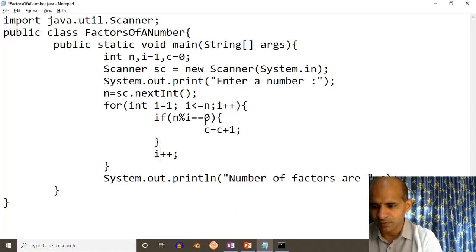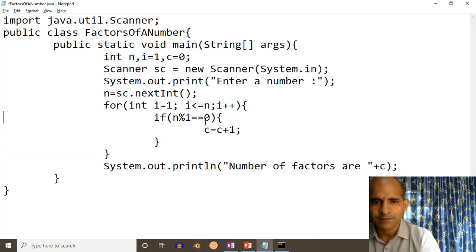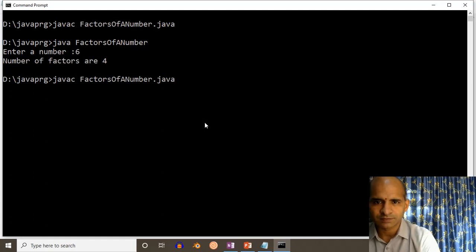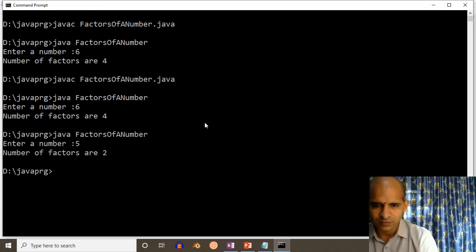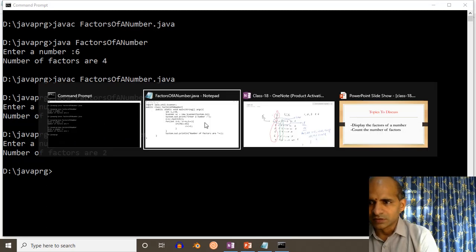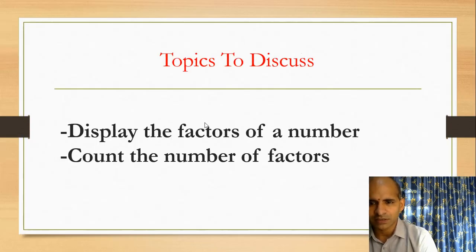So there is no need to write i plus plus here once again, and we have to erase i from this place. So this is how the for loop will work. So 5, 2. So this is how we find the factors of a number, as well as count the number of factors.